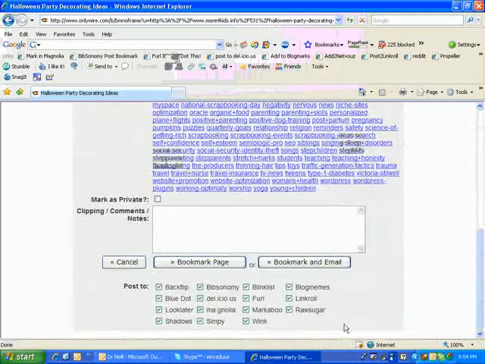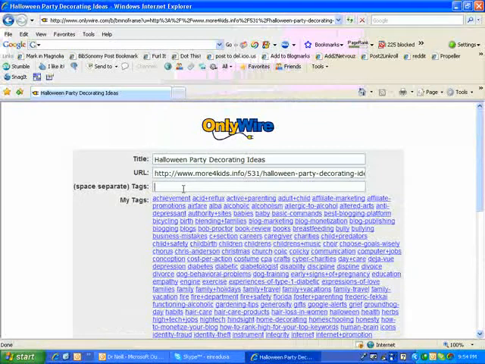And if you notice down at the bottom, I basically scroll down to the bottom, make sure that all these are checked down here, because these are the sites that it's going to be posting to, so make sure you have your Backflip, Blue Dot, Magnolia, etc. all clicked on. One of the first things you'll want to do is put in your tags, and if you notice your title is already pre-populated, that saves you time, and your URL is also pre-populated too. So just go down and put in your tags, and in this case it's going to be like Halloween, if I can spell here,